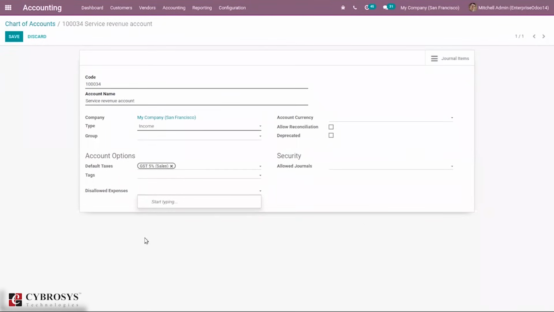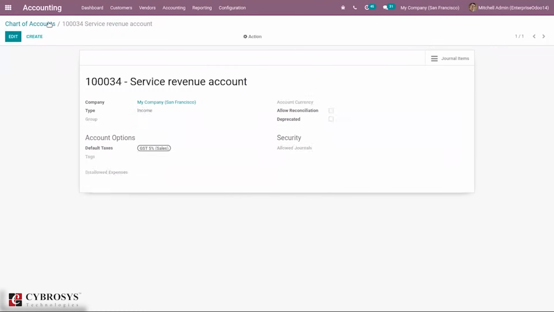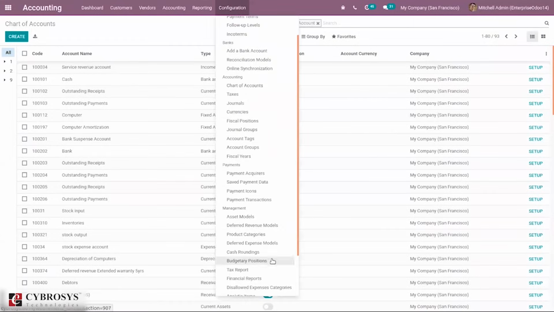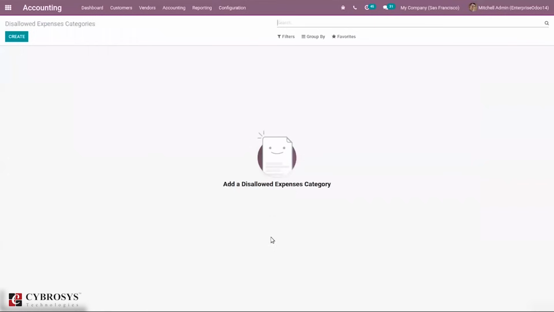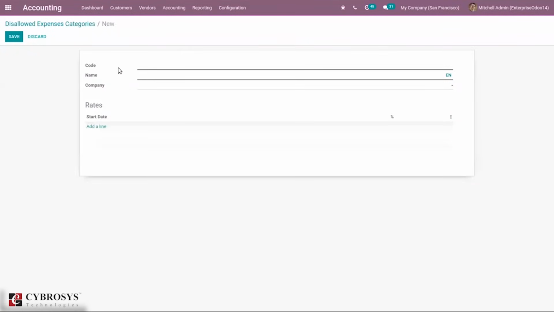Disallowed expenses are those expenses that cannot be deducted in the fiscal result but can be deducted in your bookkeeping result. So we can get the fiscal results in real time by setting disallowed expense categories and obtaining periodic changes. Before that, we have to set a disallowed expense category. Under configuration, you can see disallowed expense categories. You can create categories, set the code, name, company, and you can set rates here